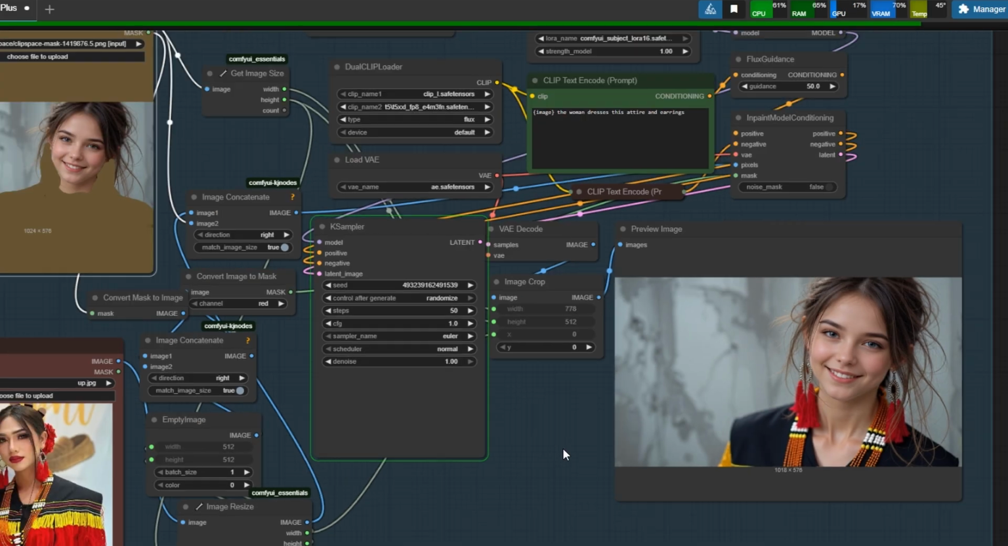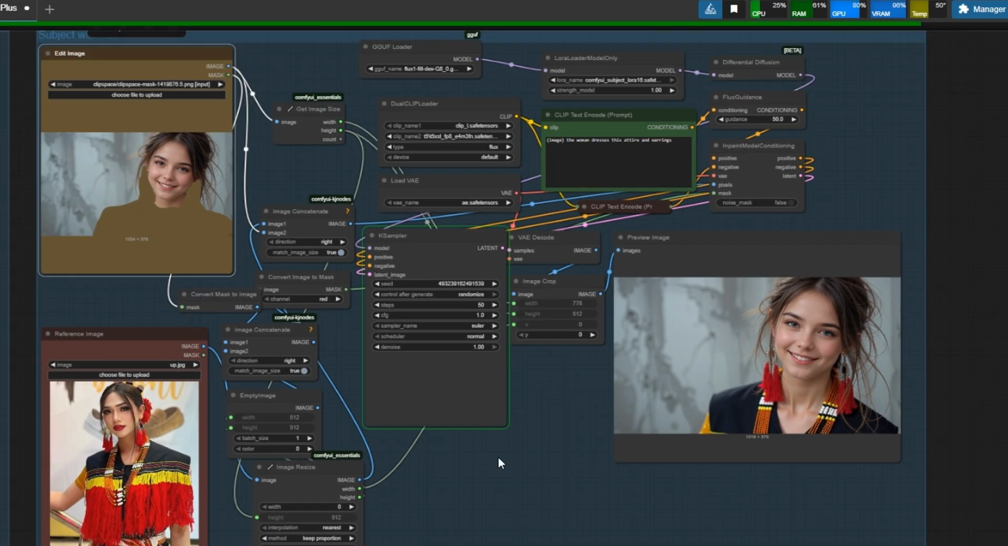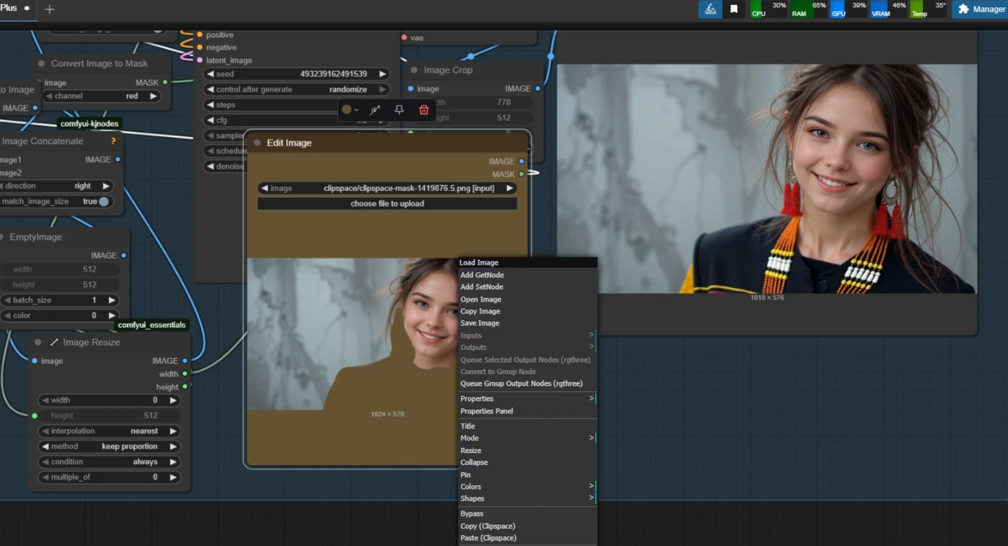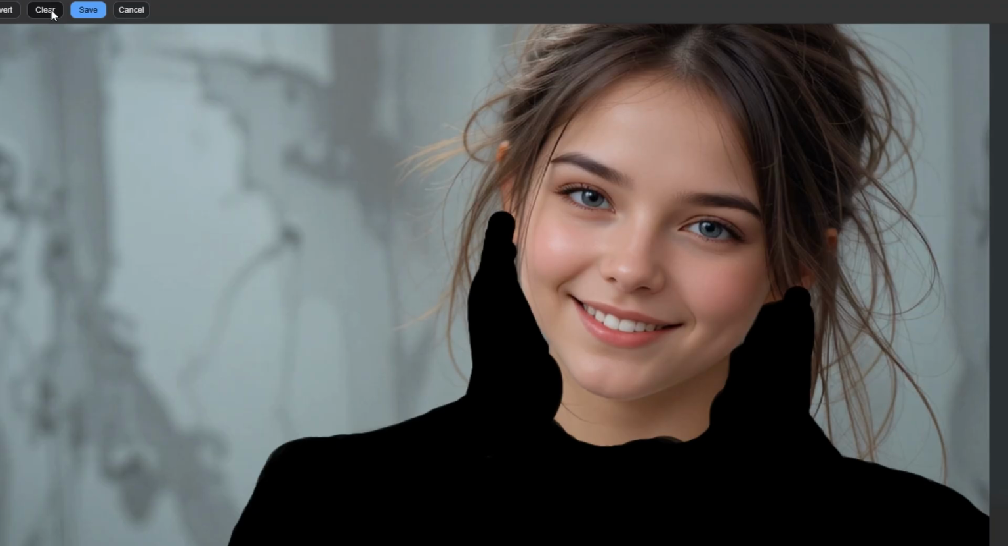Now, I'll place the images side by side for a clear comparison. You can see how well the costume is transferred using the ACE Plus model and